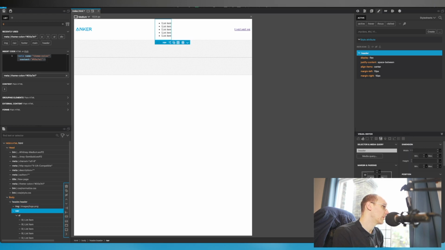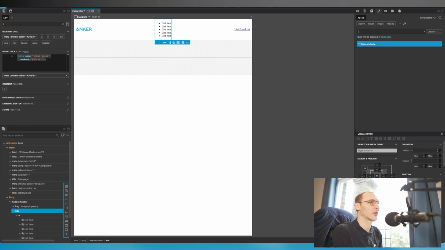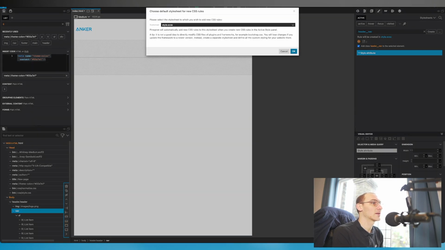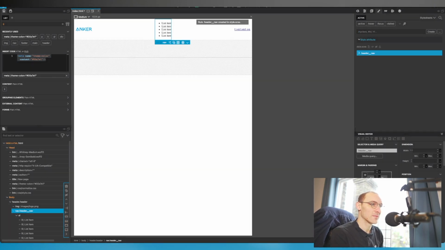So I like using BEM for my styling. If you're not familiar with BEM, it's inside the header. So we start off with header, then it's an element within that. So we go header nav, and we can create that. We add it to that style sheet, and then we can start to clean up this